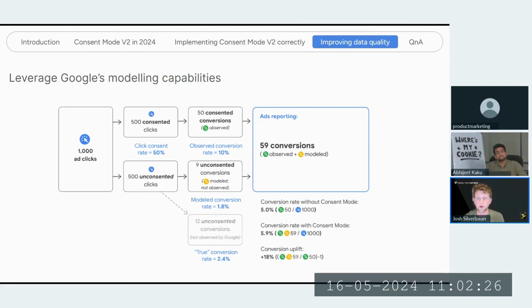oftentimes there's a correlation between people who are actually accepting cookies on the website and the quality of that data that they're providing you, right? They're actively interested oftentimes in the product. They're moving around the website a lot more oftentimes, right? And there's also ways to implement the cookie banner that are not as likely for that person to just opt out. For instance, if you have just a reject all button, and then like your opt-ins are hidden behind that wall, you're going to see a ton of drop off, right?